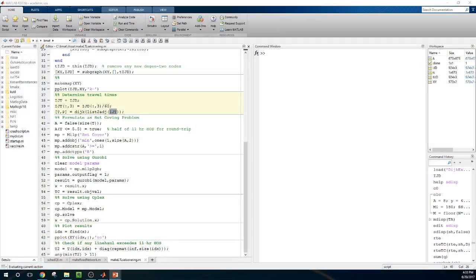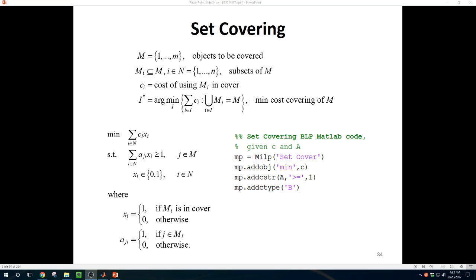we can look at what we're actually going to be talking about when we formulate this problem as a set covering problem. And this is the set covering problem in its most generic aspect. And what we're trying to do is essentially define a set of objects to be covered and then a subset of covered. And what we want to do in terms of the objects to be covered, we want to cover